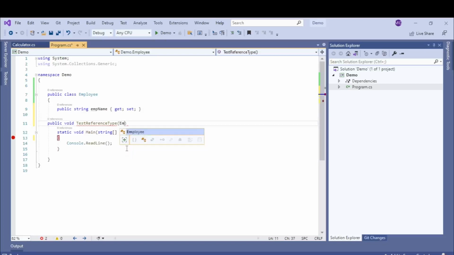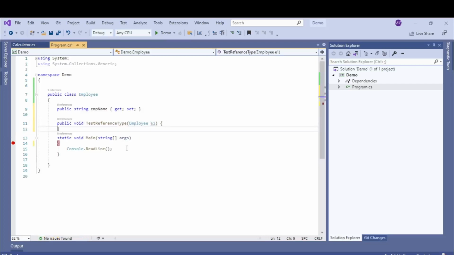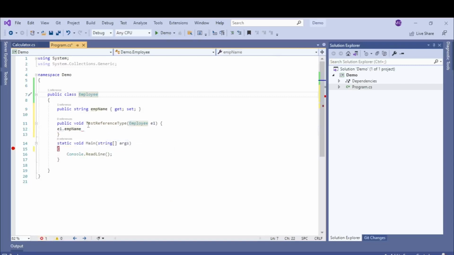Let's keep Employee, a class, as a parameter which is a reference type, and we'll name this e1, and we'll update the value. This Employee class has a property called EmpName, which we will be updating.